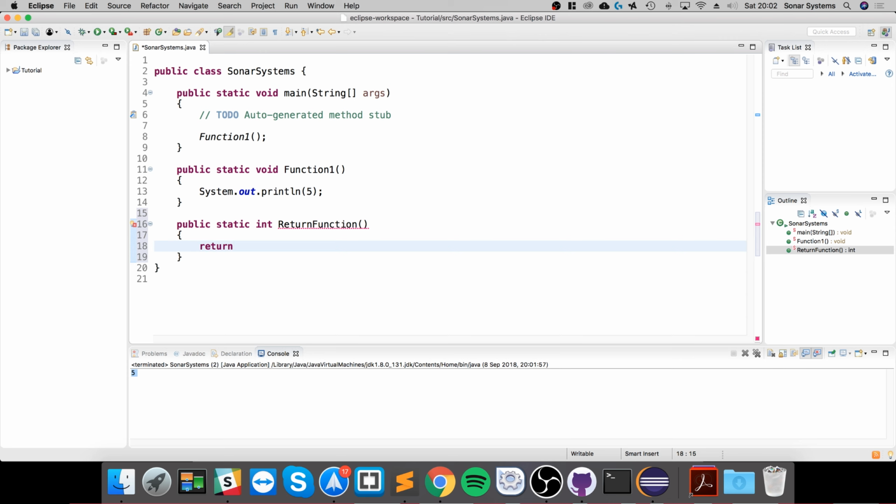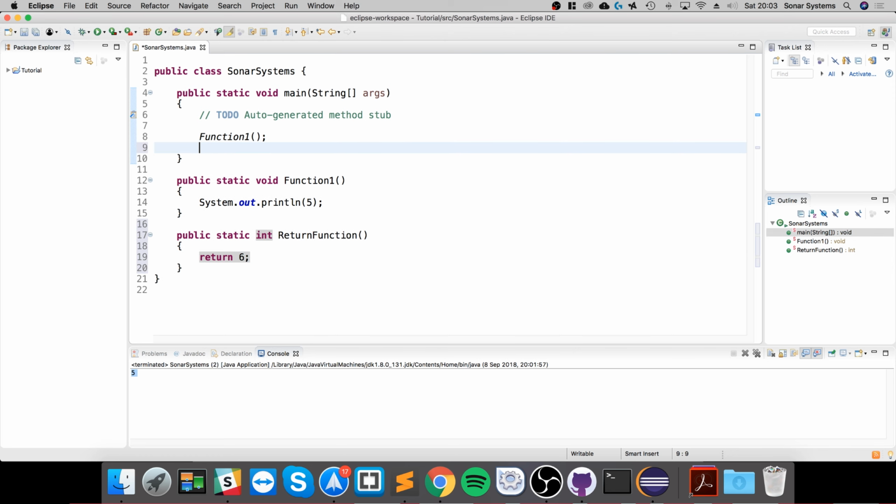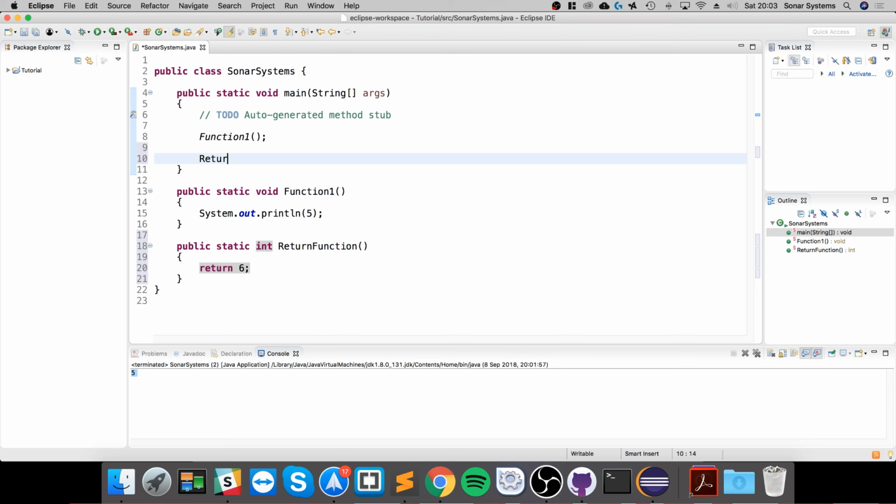So if we do return, let's say 6, for example, we're returning just a value of 6. Obviously, you would probably have something a bit more than just returning a single value. You'd probably do some sort of calculation based on what the application is doing. But the principle is like this. This is how you create a method. You can put whatever code you want in here. If you have a return type that's not void, you can return some data, some information of that data type. So if we go here now and put returnFunction,